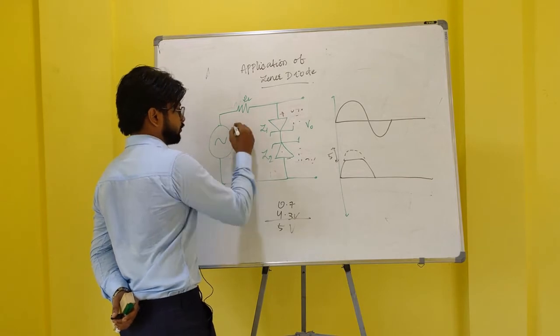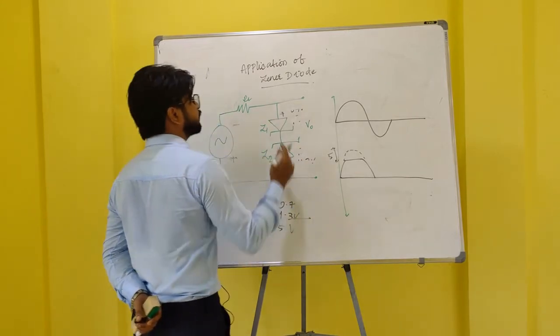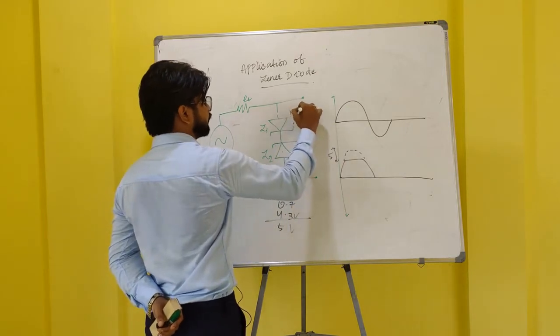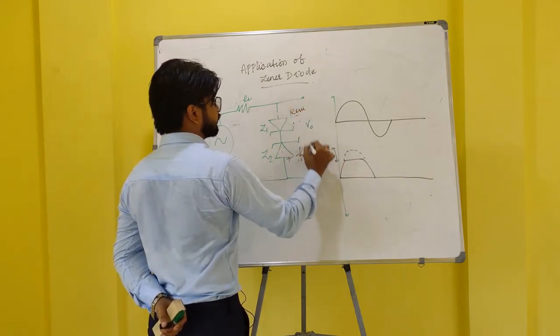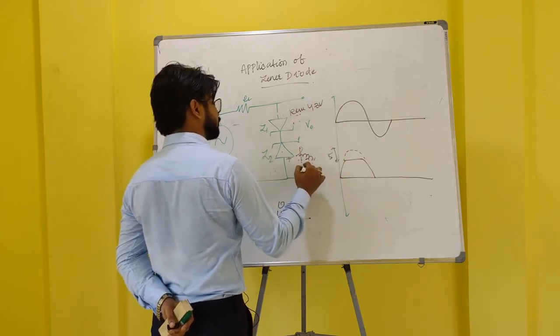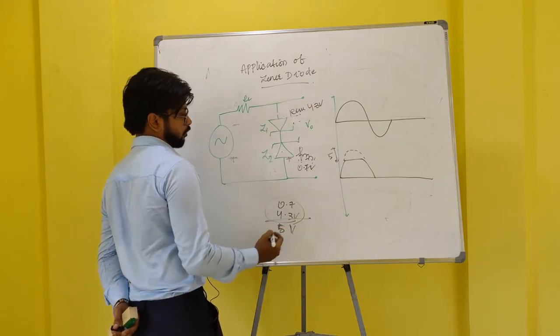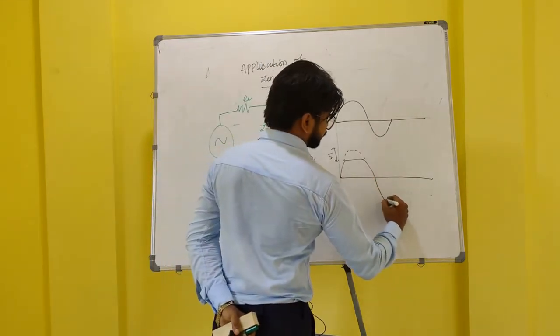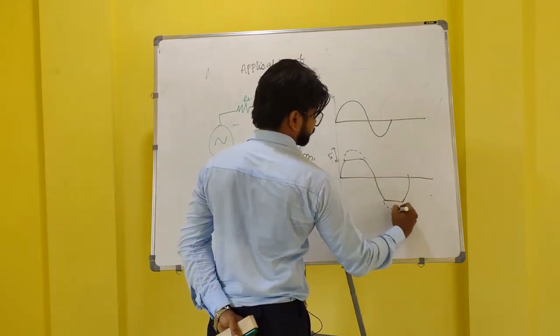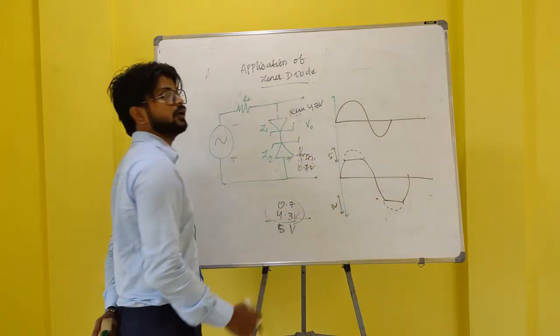negative is connected to the positive and here positive is connected to negative. Therefore, this is reverse biased and this is forward biased. Here there is a voltage drop of 4.3 volts and here there is a voltage drop of 0.7 volts. There also there is a 5 volt drop. So here is the output. So there is a 5 volt drop also in the negative half